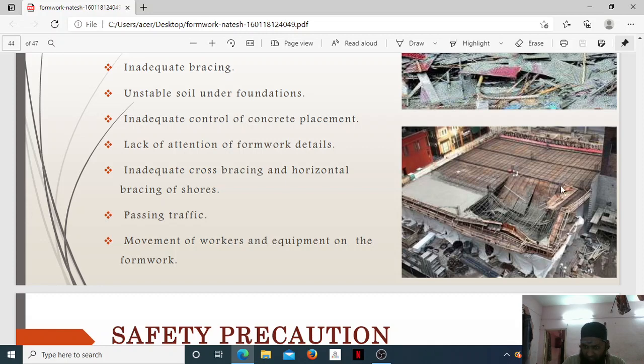You can see here all this formwork. This is steel formwork. It looks old, so attention was not given to replace them with new ones, just to reduce the cost. Sometimes many contractors want to reduce the cost of the construction. What they think is, if we go for some old formwork, we get that formwork at a reduced cost. So they take that type of formwork, but finally they have to face this destruction also. So good formwork is very essential here.